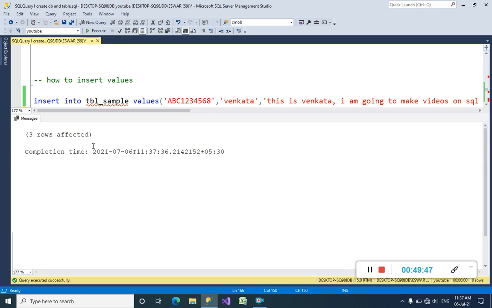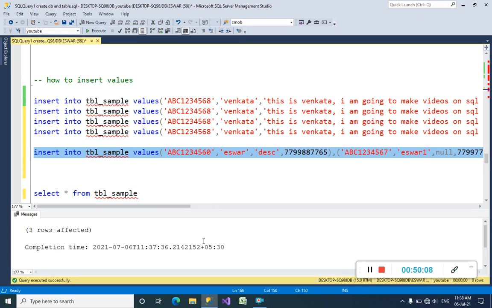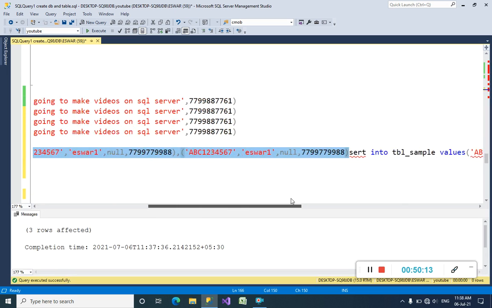Previously it showed one row affected, one row affected, one by one. Those 5 records were inserted successfully, but one row affected each time. That means values were inserted one by one, but right now it has inserted values with only one command.